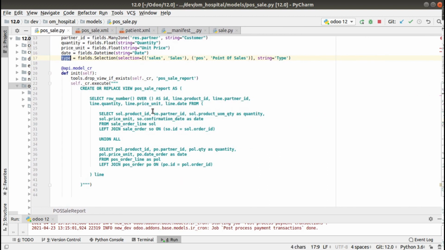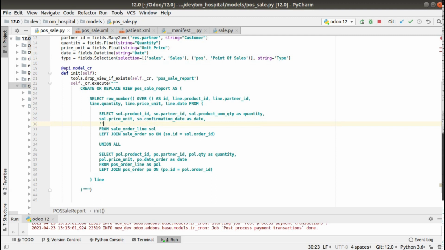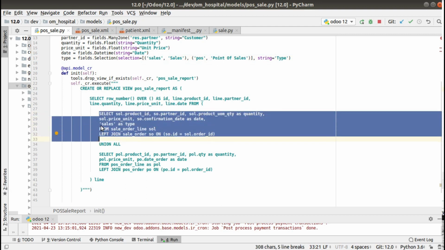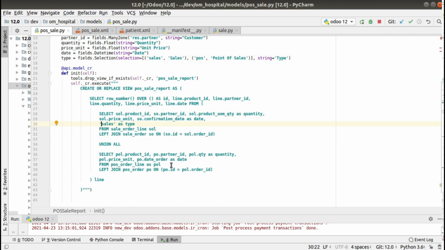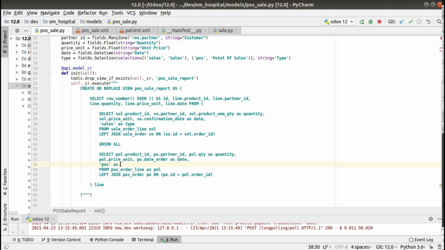So here you can see, I will be putting a comma here and as type. So I'll be giving here sales as type. So the values coming from here I'm setting as sales as type, and here I'll be putting a comma and POS as type.